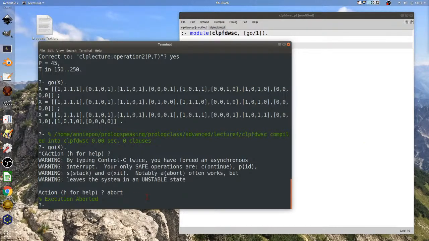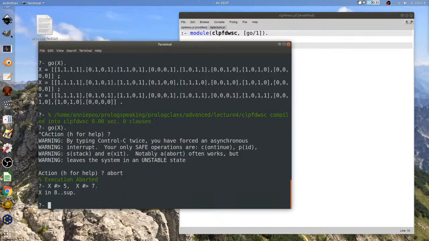If we say x must be greater than 5, and then we say x must be greater than 7, it says x is going to be in 8 through infinity. I tell you what, hang on.